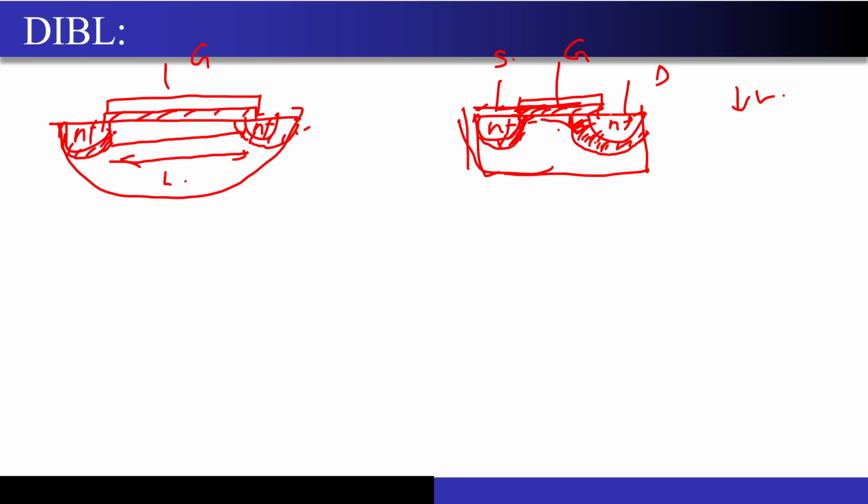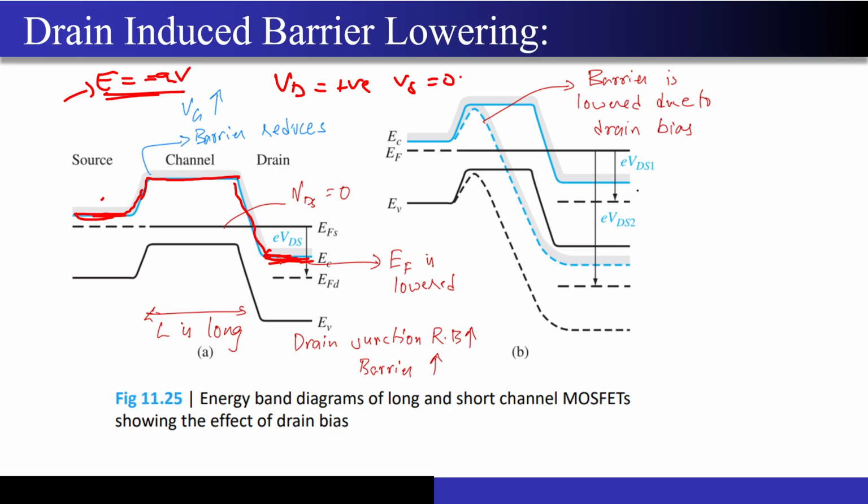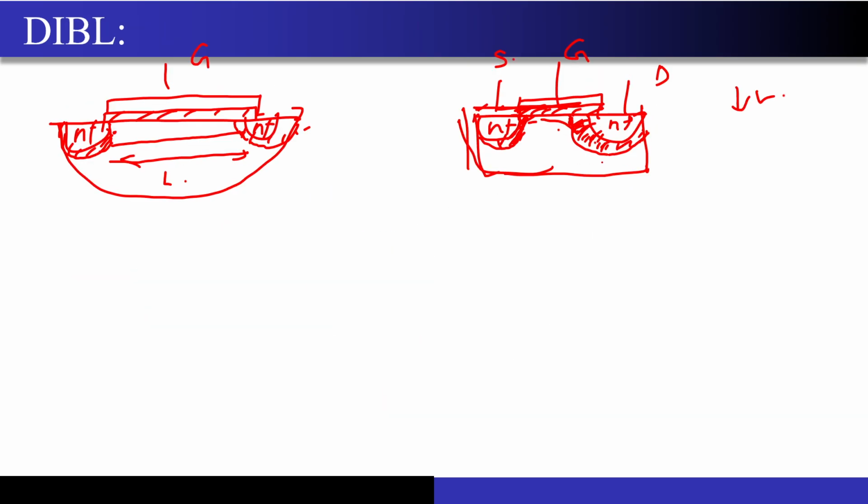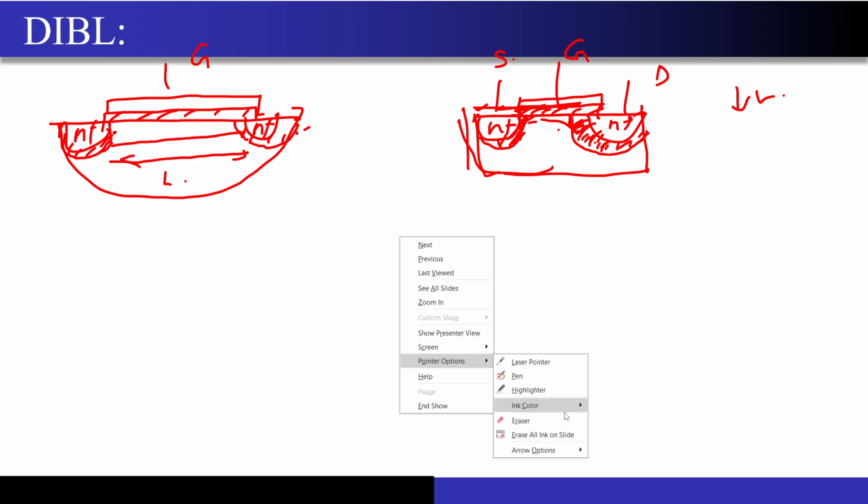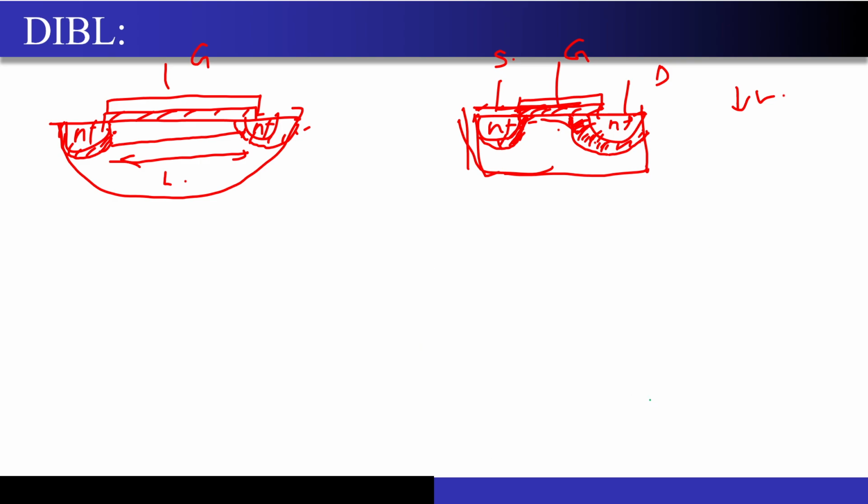Now what are the consequences that we can try to think about intuitively? This is at a lower potential, correct? Now if I try to bring them very, very close, there will be one point where, let me just draw it with a different color, maybe green, correct? There will be a point where this depletion region will increase so much that it will almost touch the depletion region at the source. When this condition occurs, it is called punch through. It is called the punch through effect.